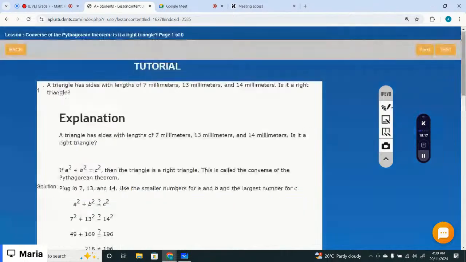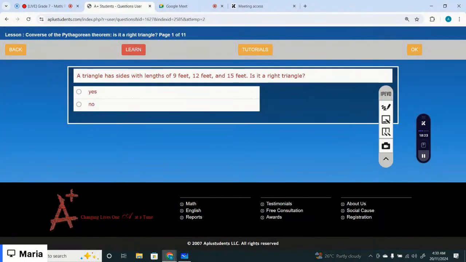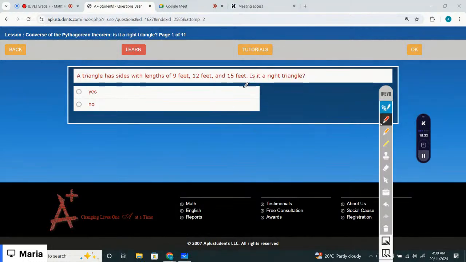Let's just start with the test questions. Okay, a triangle has sides with length 9, 12, and 15. Is it a right angle triangle? Okay, let's just see. You have a square plus b square equals c square. The longest side is always the hypotenuse. So hypotenuse is 15 square, b is 12 square, and plus 9 square. 9 square is 81, 12 square is 144, and 15 square equals